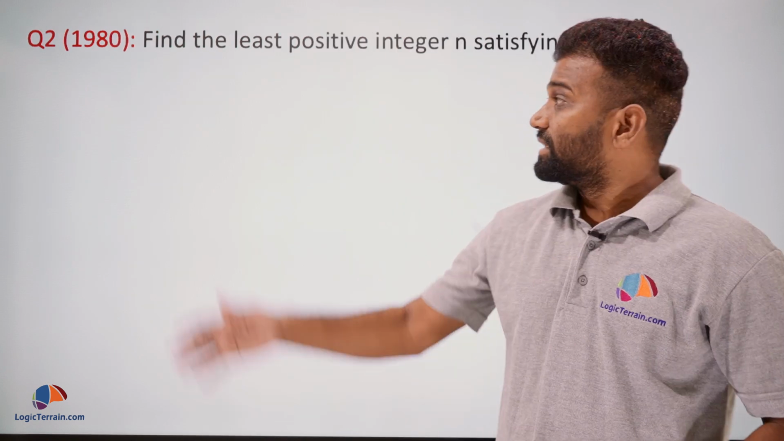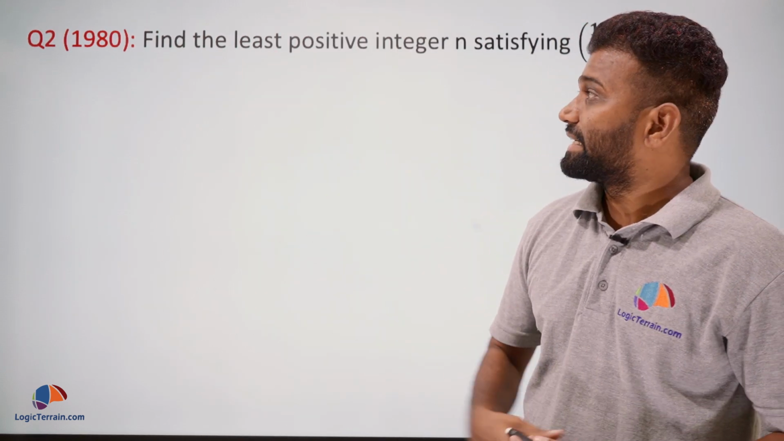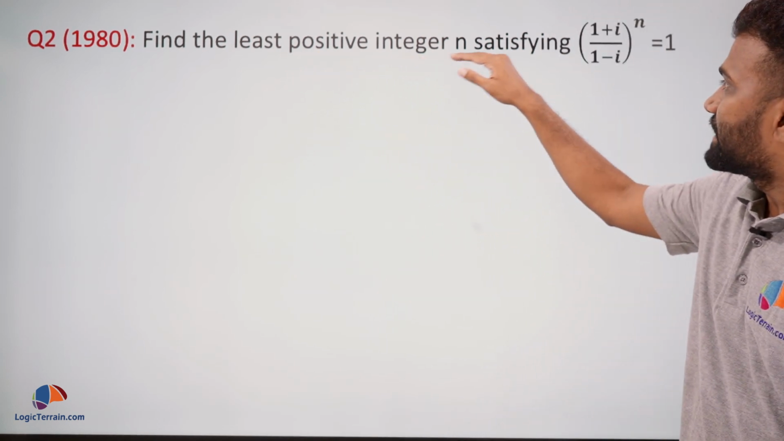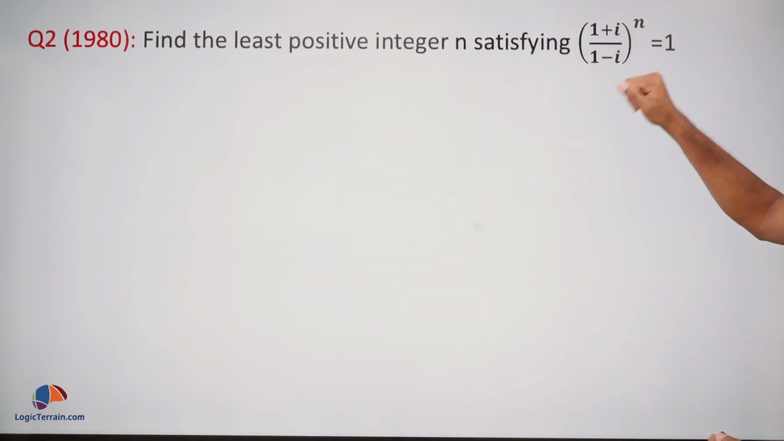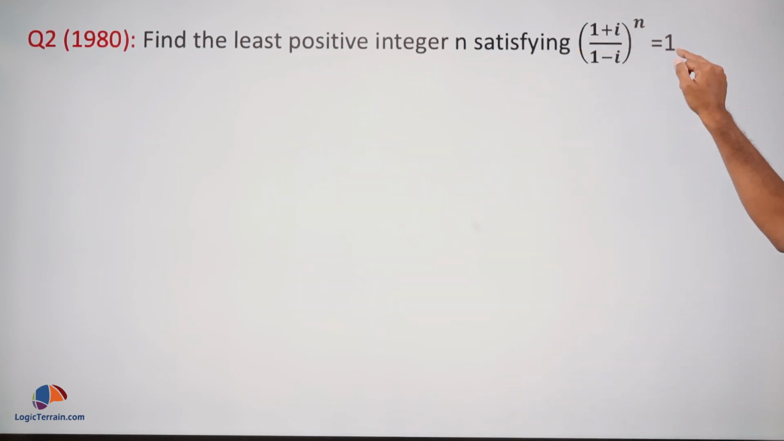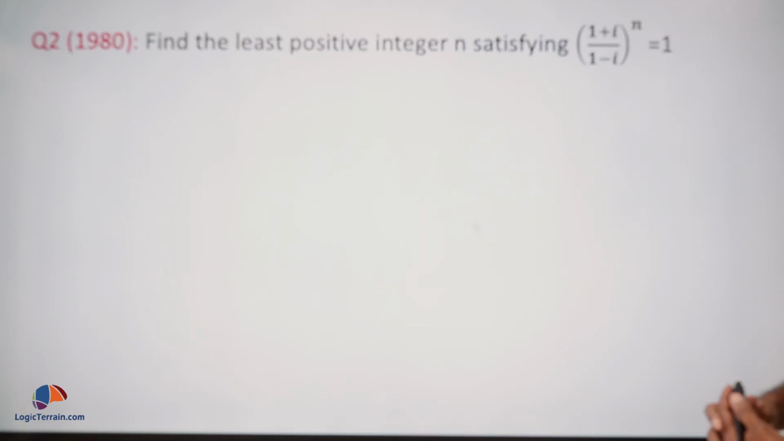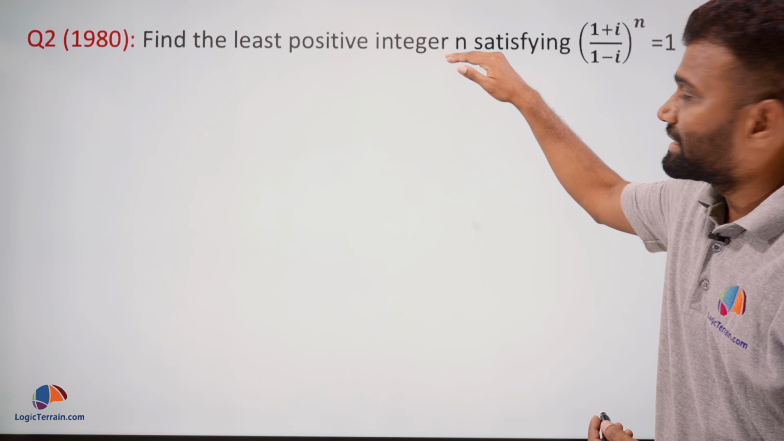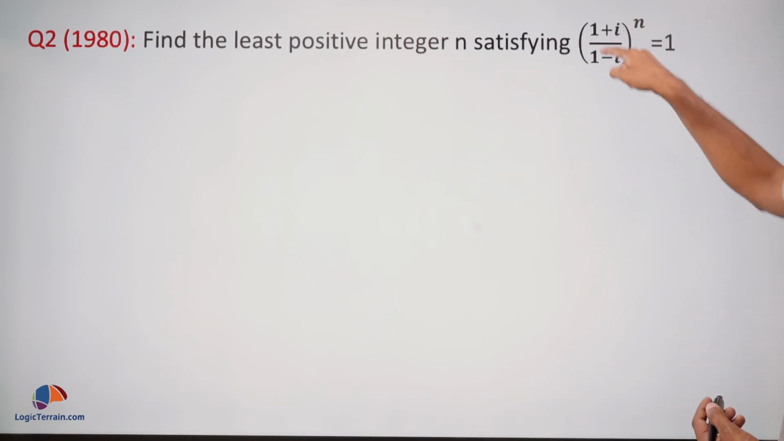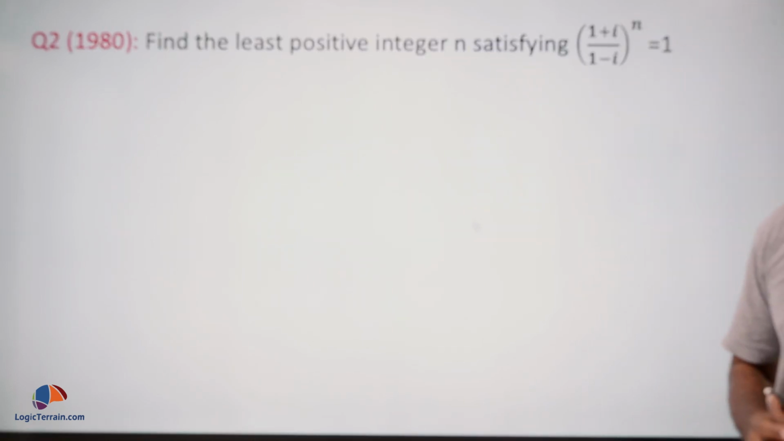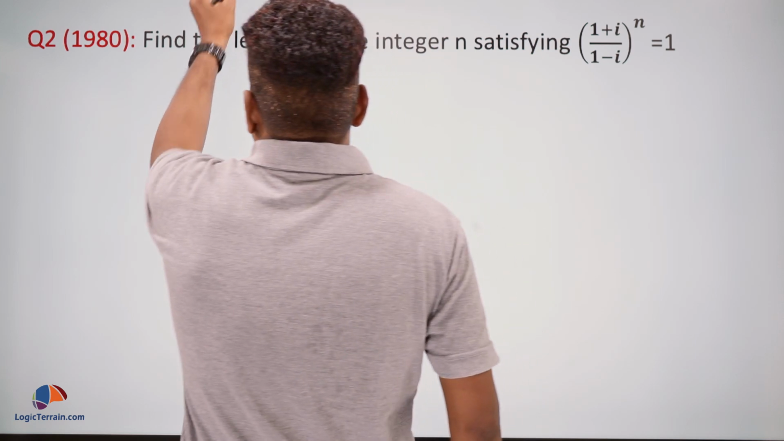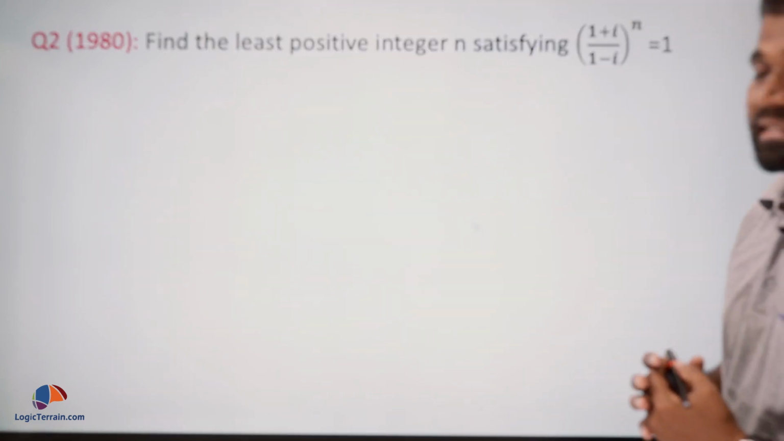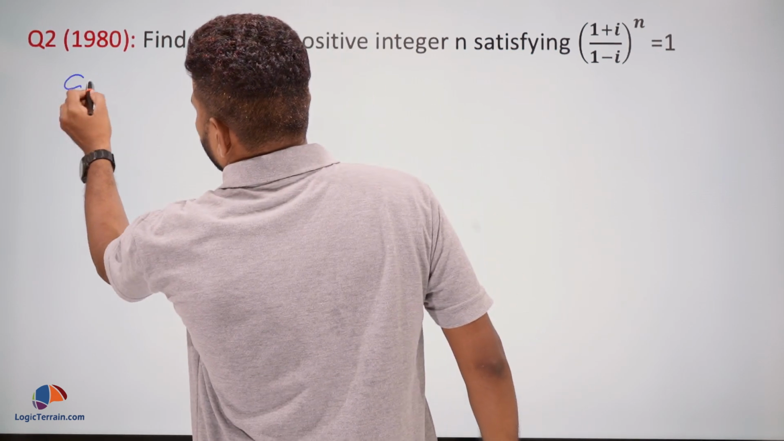Clear? Here is our next question. This is a 1980s JEE question. Find the least positive integer n satisfying ((1 plus i) upon (1 minus i)) whole to the power of n is equal to 1. So here we need to find the value of the least positive integer n whose value becomes 1. Clear? So for that, we have ((1 plus i) upon (1 minus i)) whole to the power of n. So in this consider